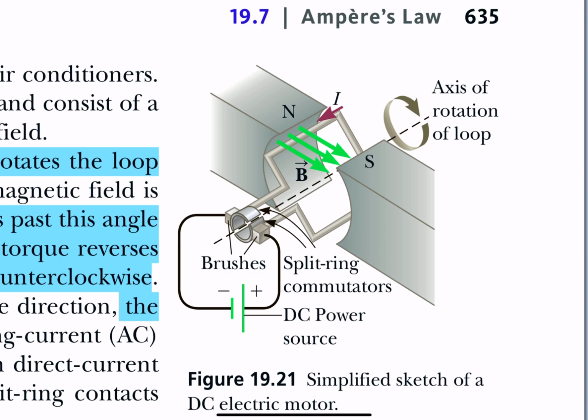As the positive charge moves counterclockwise from the positive DC power source up towards the brush on the right side, the electricity goes through the brush into the right-hand split ring, takes a right going towards the south pole of the magnet, goes across the space where it encounters where the red arrow is, goes across the north part of the magnet, comes across and back down towards the middle, and